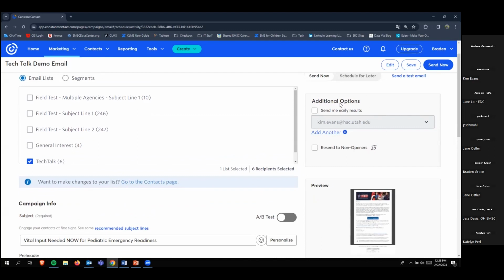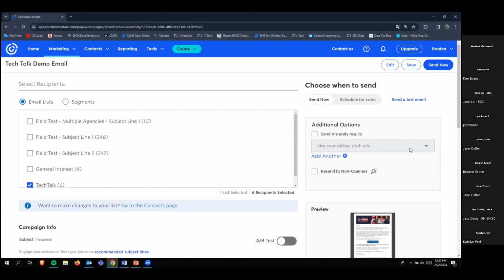Additional options, take a look at them, but I typically don't have it send me early results because I end up just logging back in to Constant Contact and I can see the early results. But you can select who you want those to go to if you do want early results. And then I will click send now,